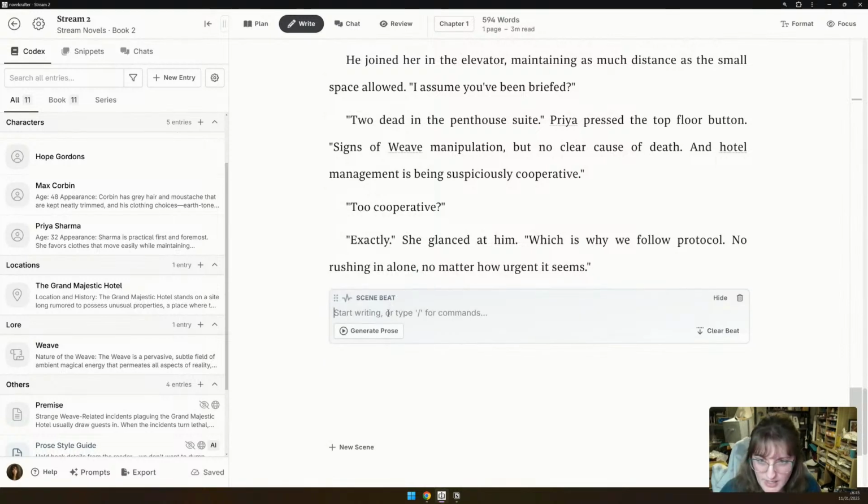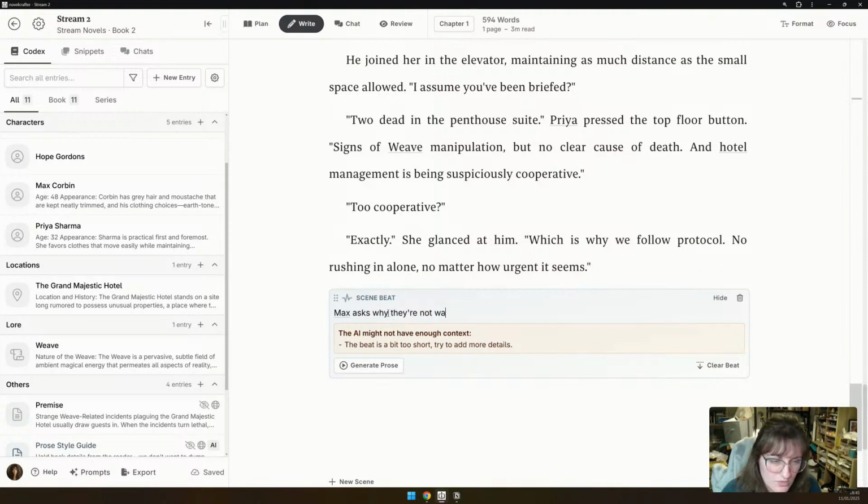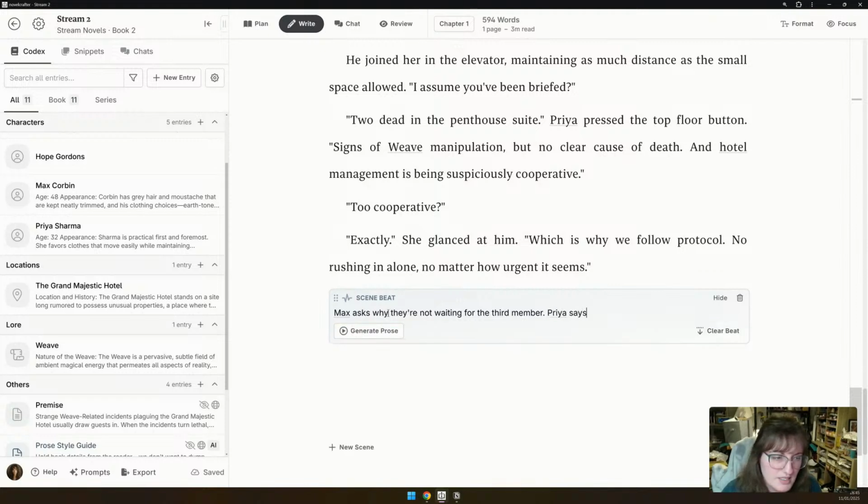Corbin asks, oh, Max asks why they're not waiting for the third member. Priya says maybe they're not running late.